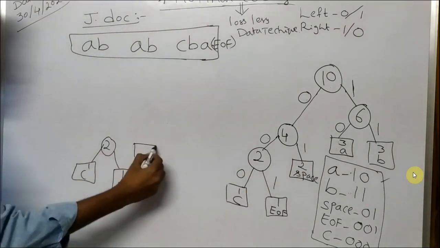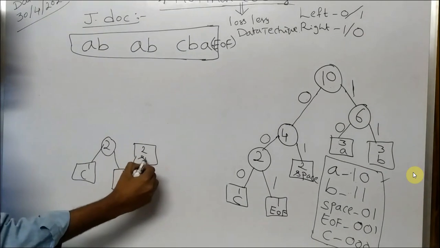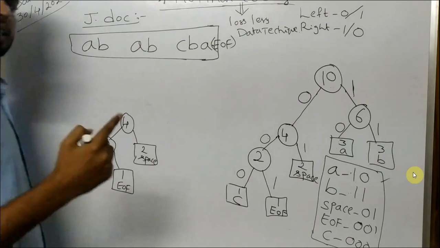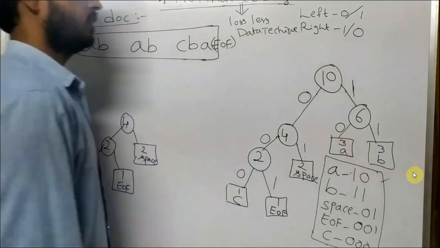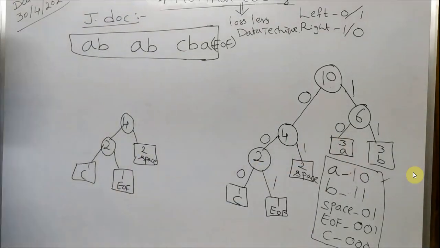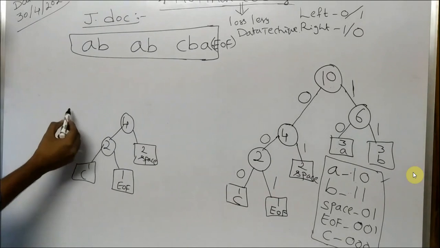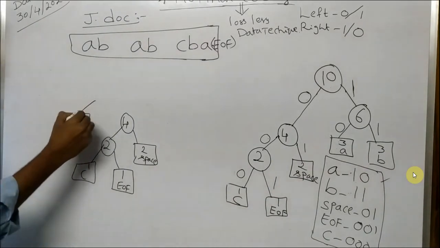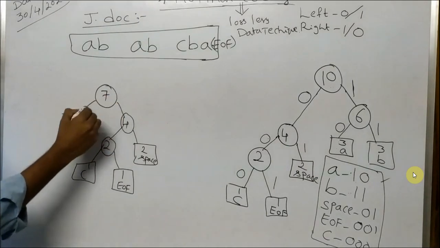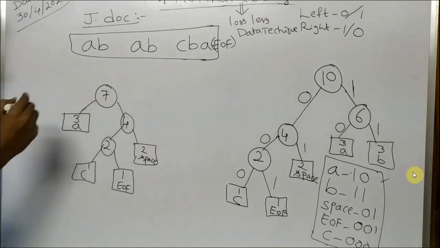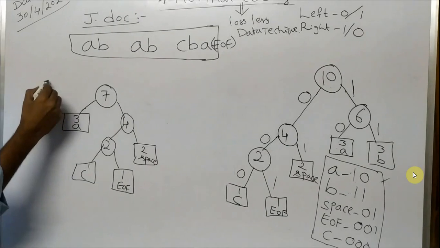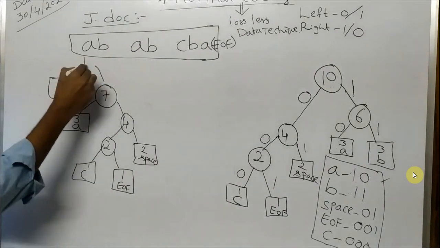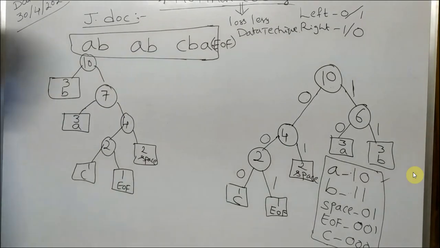Or I can take any format. 2 and space 2, I will get 4, right? Now in the previous video we took this 3, but now I will take only one value, which I will write on the left side, 3 A. You will get 7. Next I will get one more, B with frequency 3. This is also a correct procedure. There is no problem. This is also a correct tree.